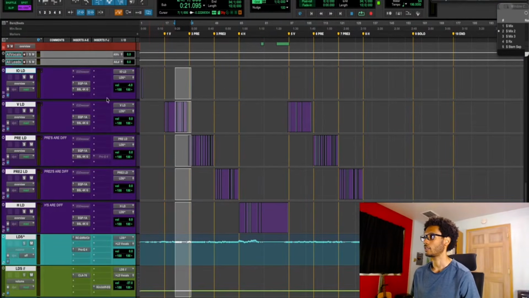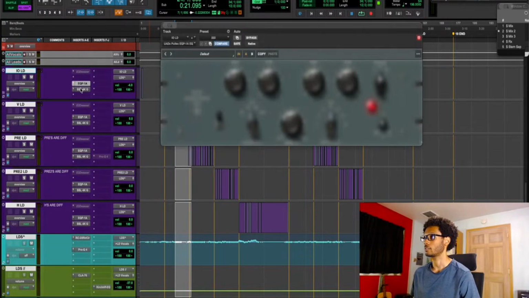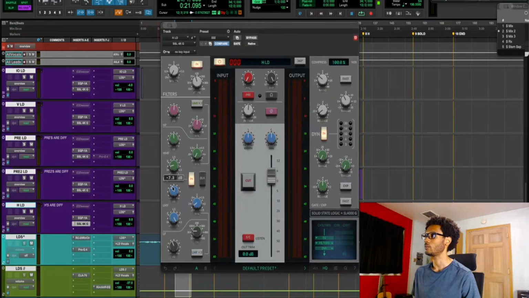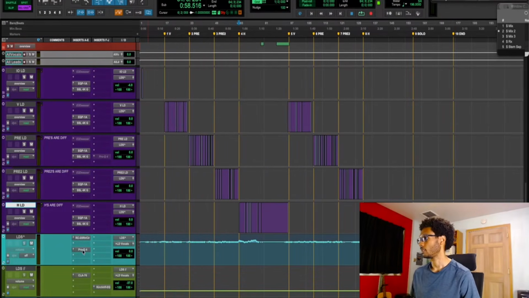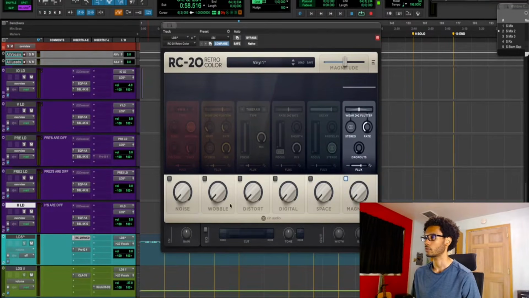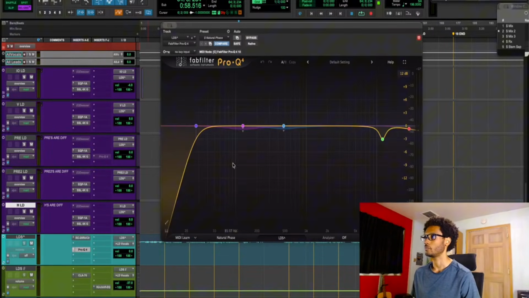So what we have here is just a few plugins on the lead vocal, because for the emotion of the record, how the song needs to feel and sound, I'm just darkening the vocal a little bit right there. And then I'm using the SSL to EQ the vocal. Probably not even a lot of compression. And then right here, we got a little RC20 going, but I'm really just using the magnetic on here just for a little bit of that flavor or movement. And then another little high pass to clean up a little bit of stuff, and just subtle dynamic EQ here. Subtle.